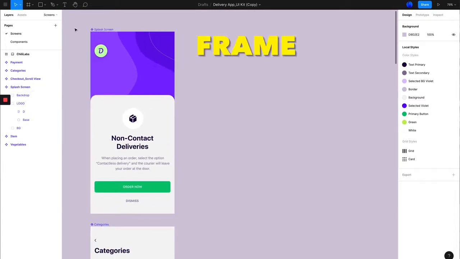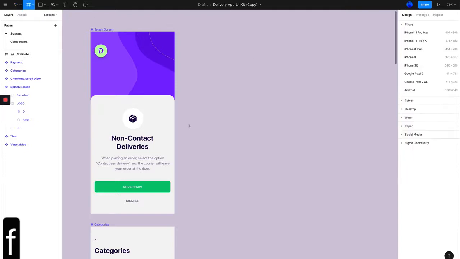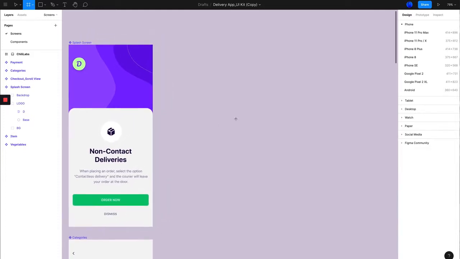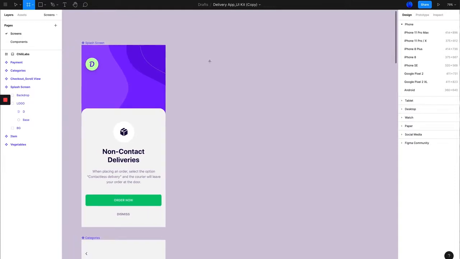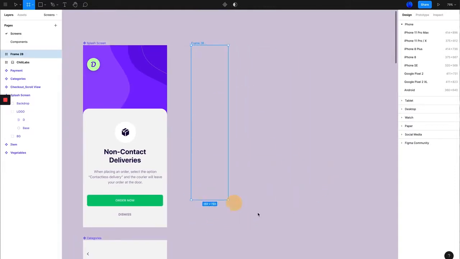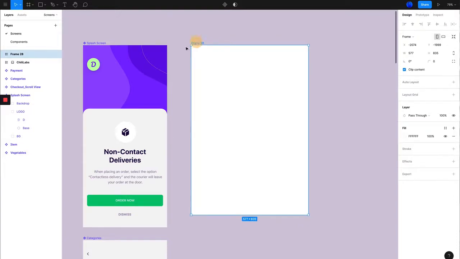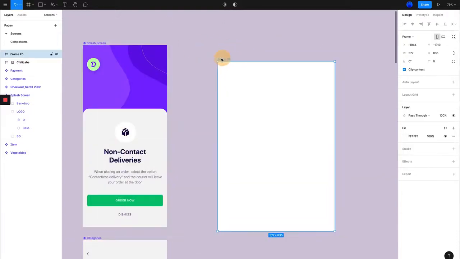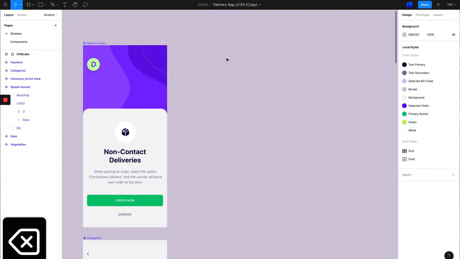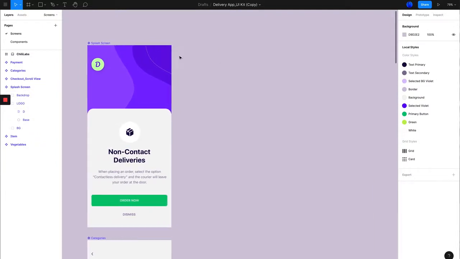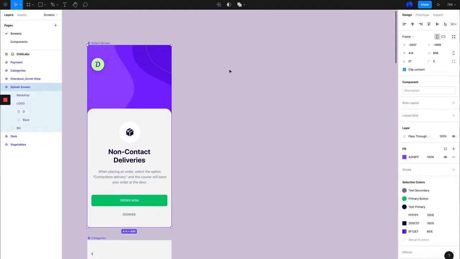So the first tool you need to know about is the frames here, or you hit F on your keyboard, and anything I press will show here on the bottom left corner. So you know exactly what I pressed to activate a particular tool. And then I can start drawing a size, but now I don't know how to get the exact same size as this. And so what I'm gonna do is I'm gonna delete this,